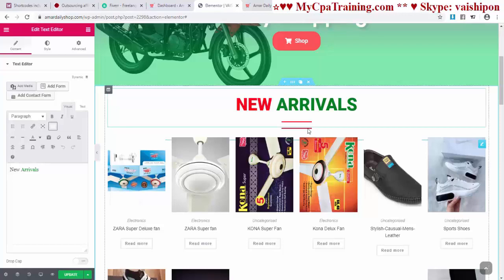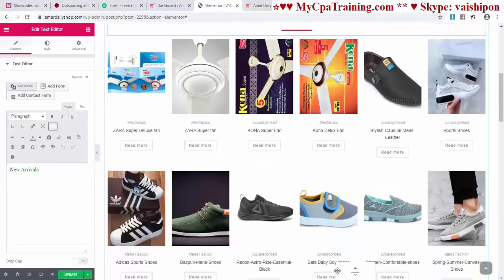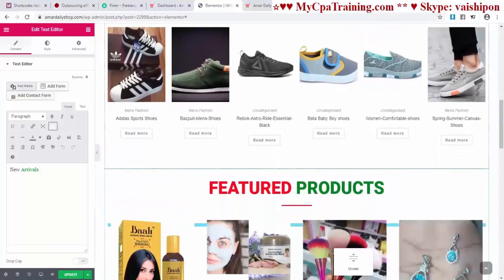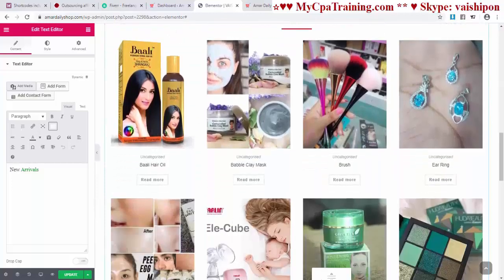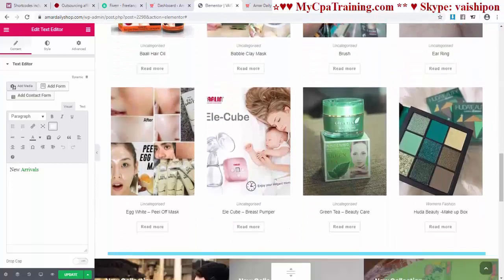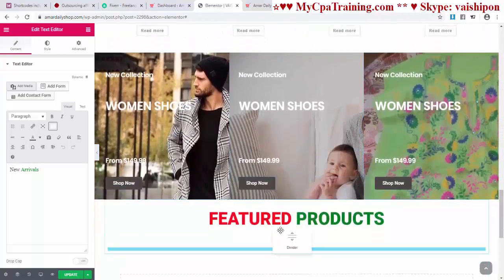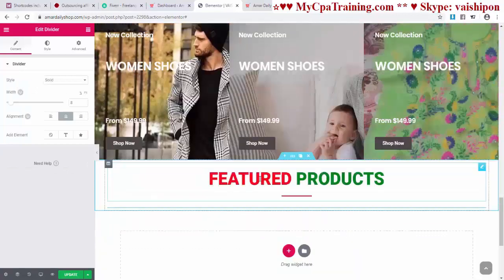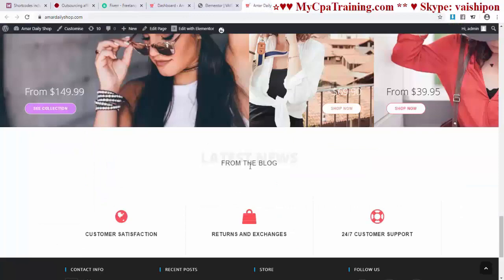Now I have to drag it, and I have to set it here. Done. Now we can rename this one, suppose latest news,